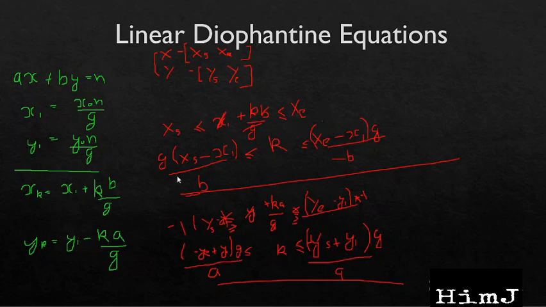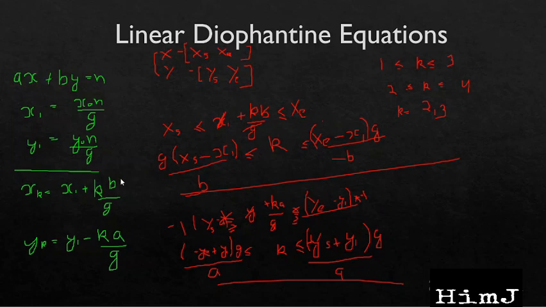That is, for example, suppose this value comes out to be 1 and this comes out to be 3, so k is greater than or equal to 1 and less than or equal to 3 for x to lie in this range. And similarly, suppose this comes out to be 2 and this comes out to be 4. So now we can see the intersection of these two ranges will be 2, 3. So now there are two values in the intersection, so there will be two solutions, and checking intersection will be only a few if conditions. So this can be checked easily in O(1).